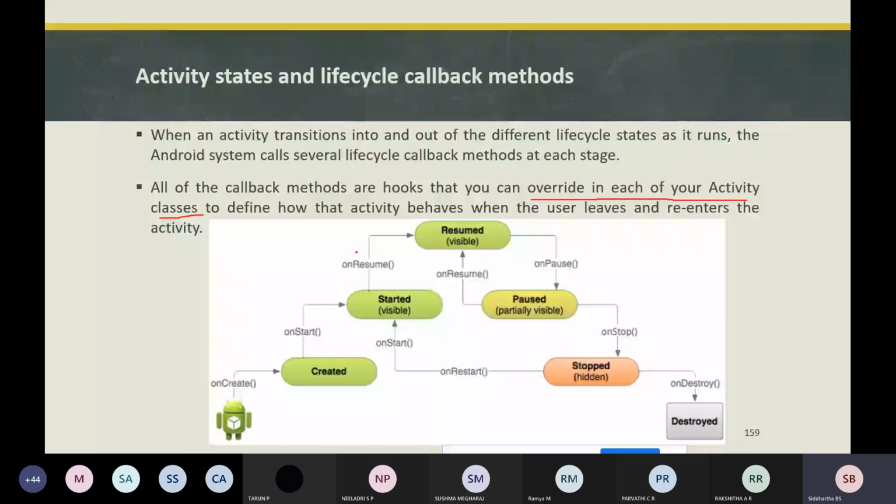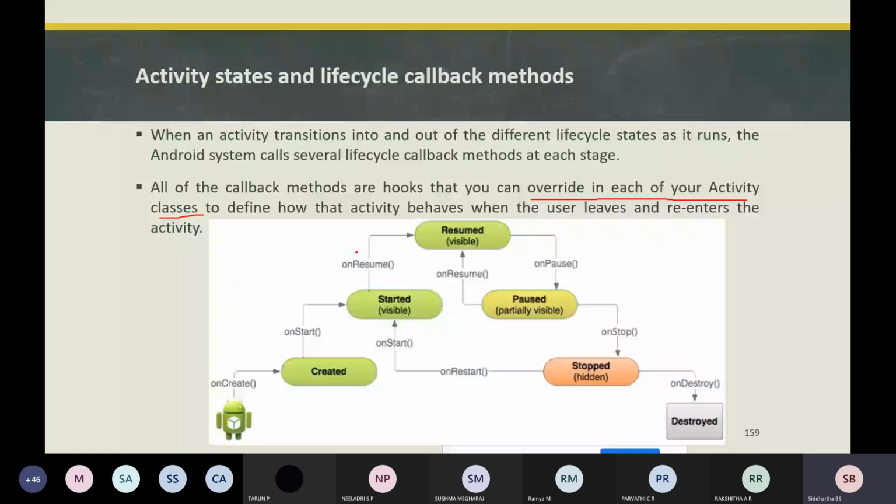If you launch one activity, different states and different callback methods will be called. And if you launch another activity, it will go through different states and different callback methods will be called.